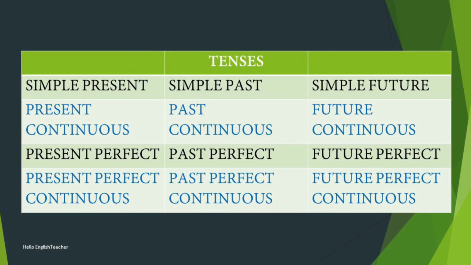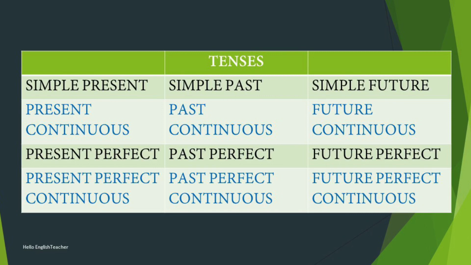What are tenses? Why do we have to learn these tenses? Now, tenses are important in English language because they tell us about the time an event is taking place. Now, the different tenses can be identified by looking at the verb of a sentence.